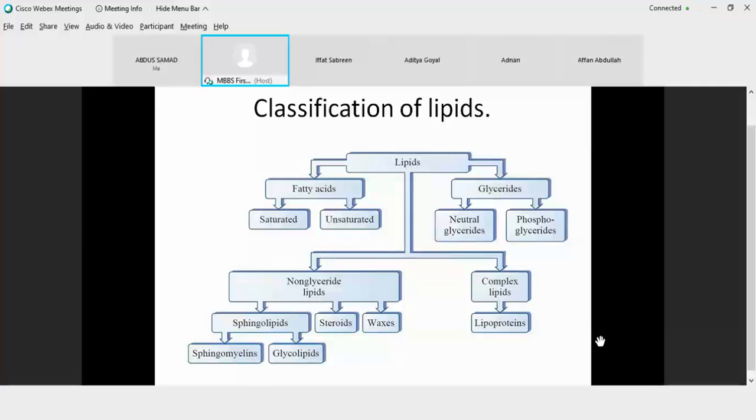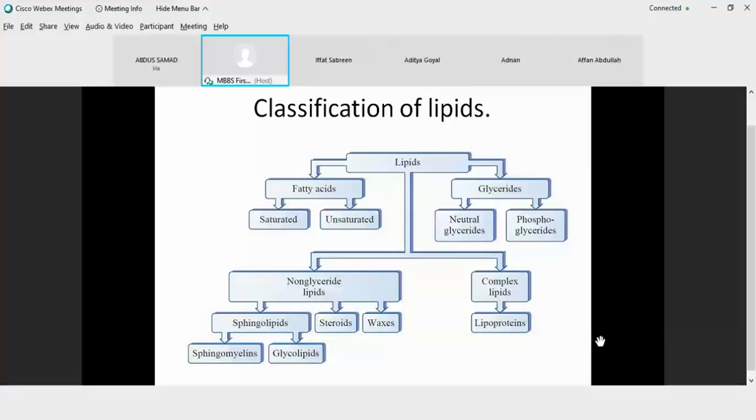Albumin, we discussed, was a simple globular protein with a variety of functions. Albumin was there to buffer your system. Albumin was there to carry a number of metal ions and hydrophobic residues. So it was a carrier protein. It was responsible for maintaining your oncotic pressure as well. So these free fatty acids are also carried by albumin.